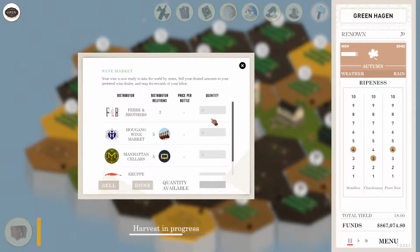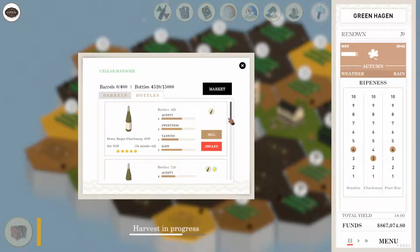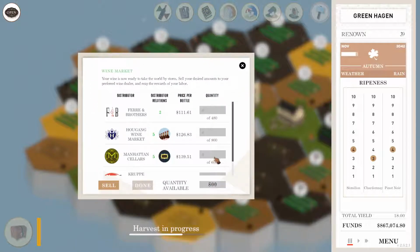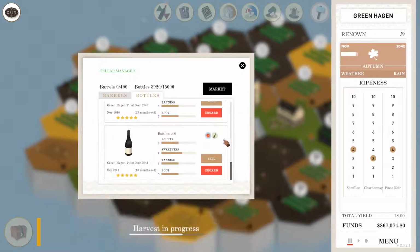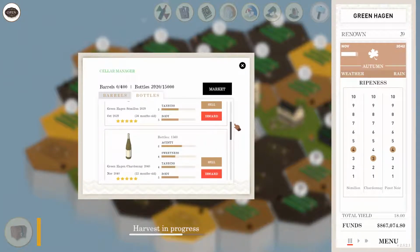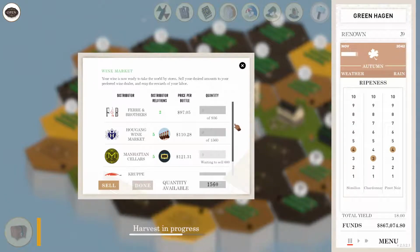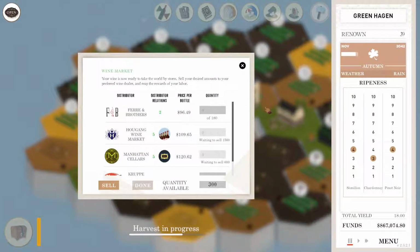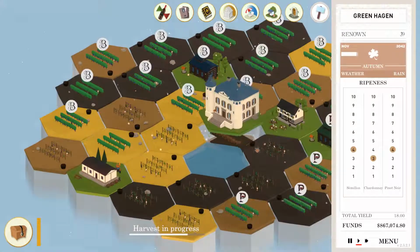What do we have available in the market? All of these shops are available here in the market. So we have a Chardonnay with 1500. We have a Pinot with 800. So let's sell 600 of those. We have that Chardonnay with 1500. Where did it go? There it is. Let's just clear that one out. Great. And then I should have something where I have a smaller amount of them. 300 of the Semillon. That'll do. Very good. Get that one up. All right. Cool stuff. And that's the end of the